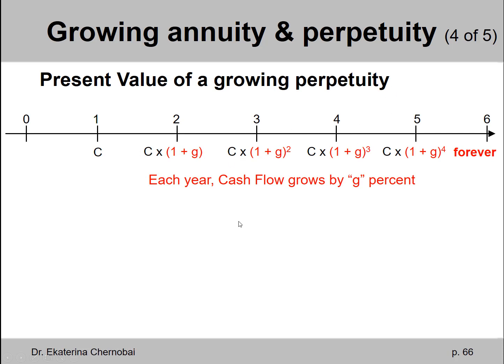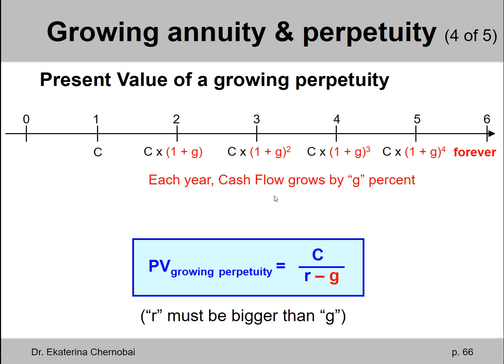Present value of a growing perpetuity, where the perpetuity payments are growing at the same rate over and over and over forever. Again, we can start with the present value of a perpetuity formula that we had earlier, which had C divided by R. And now the way we adjusted for the growth in the cash flow amounts is on the bottom, where you used to have R, you now have R minus G. So that's it. You have C divided by R minus G.